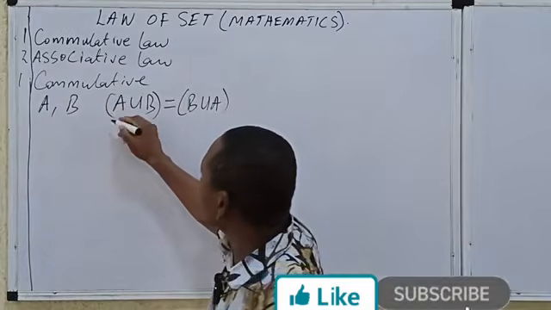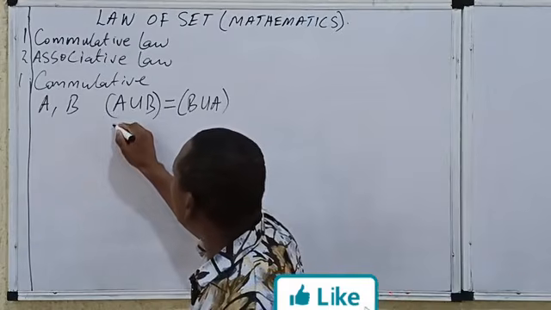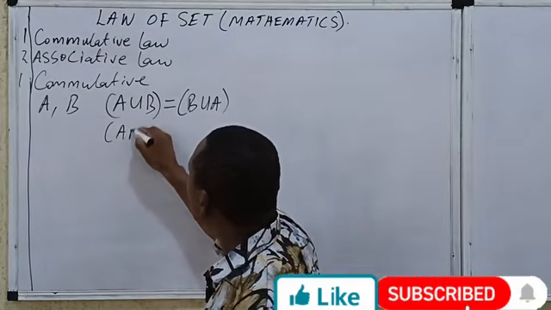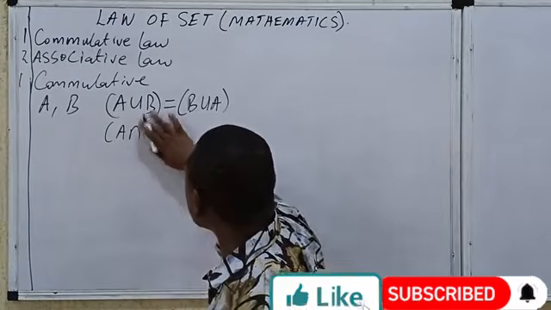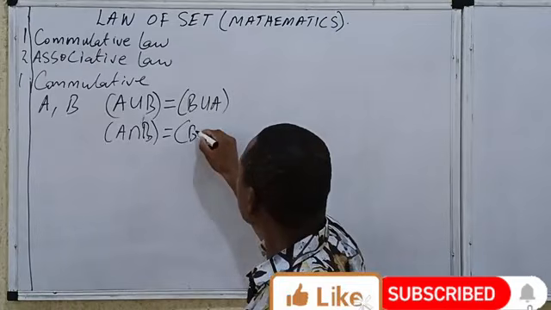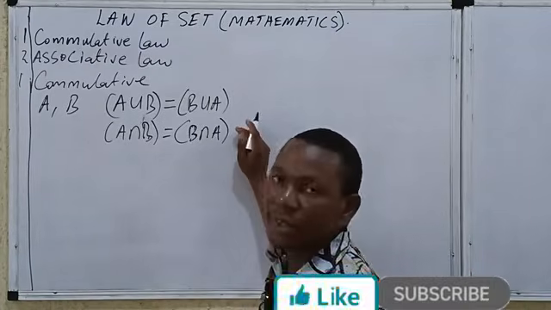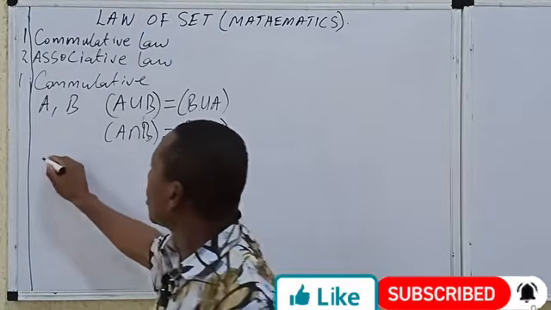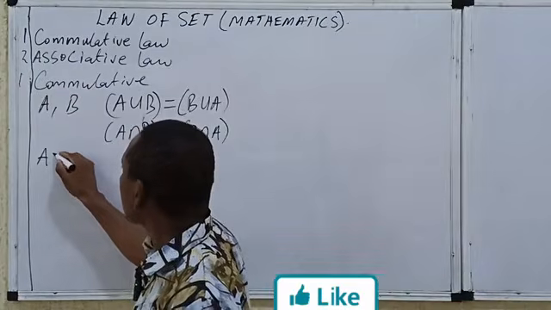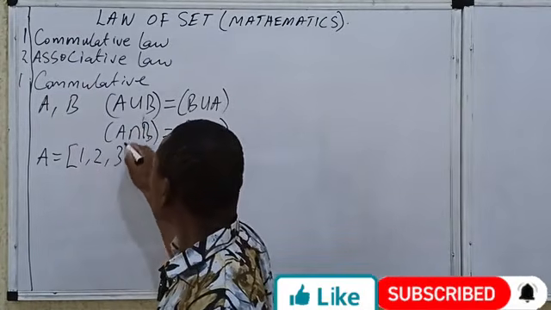In this same pair of sets, if you are dealing with the intersection operation, it means A intersection B is equal to B intersection A. To prove this, let's assume that we have a set A, 1, 2, 3, and a set B,